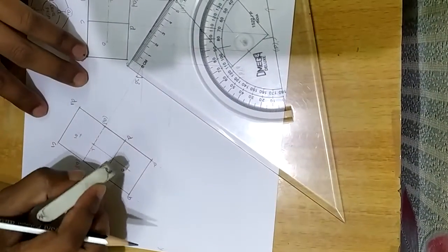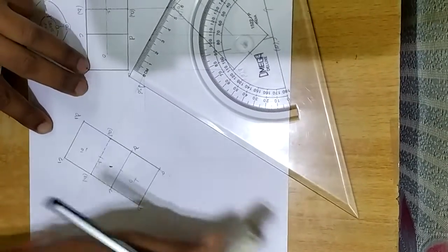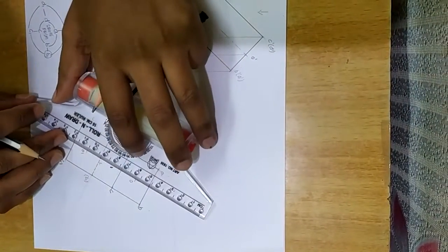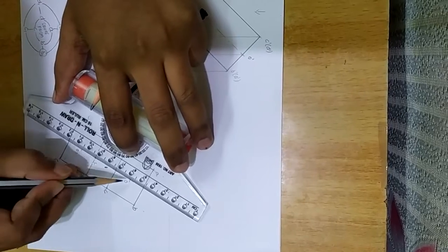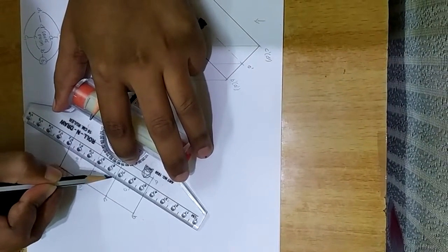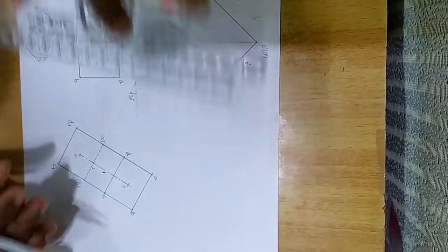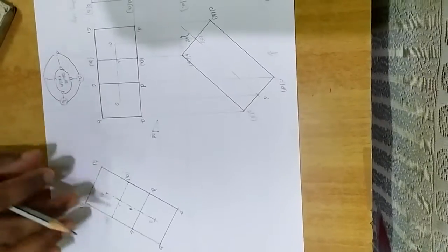So these lines have to be chain lines. O2, O1, thin chain line. So this line has to be a chain line, and that line should be a thin line. So you redraw as it is. So this completes the third position top view.